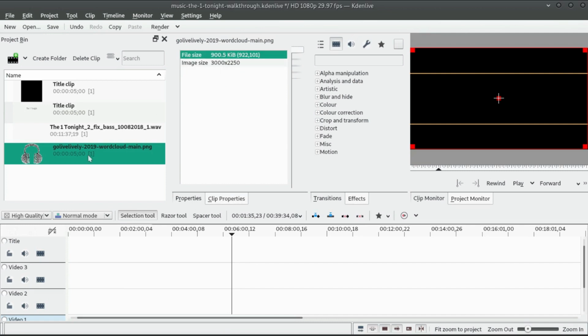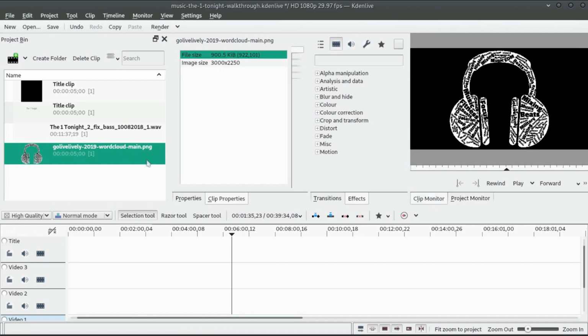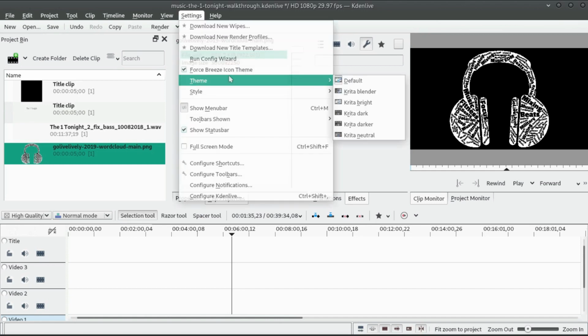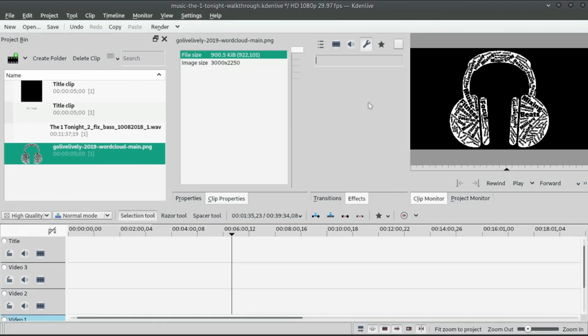Right now, this is for my logo. And these are the effects. And what you see here is these icons. This means all effects, audio and video. This is only video, this is only audio. I'm going to change the theme so I can see what that says. Show custom effects. Okay. And favorite effects. I don't mess with those very often,